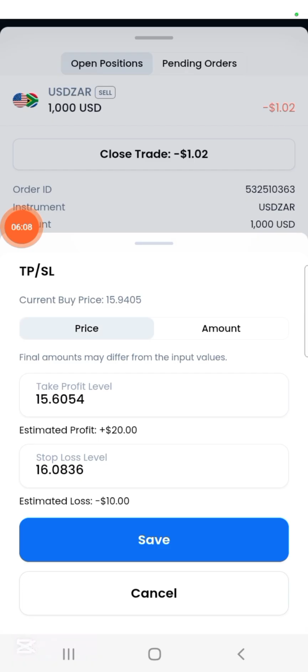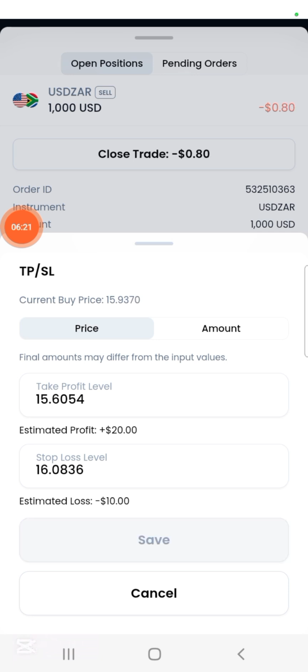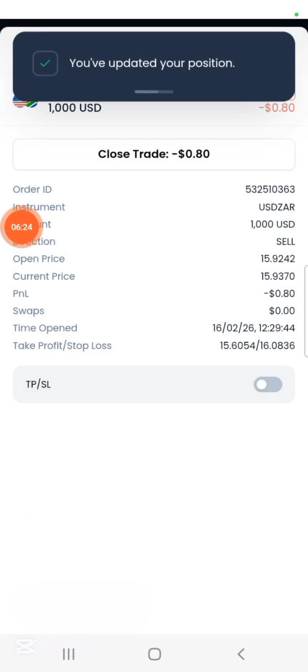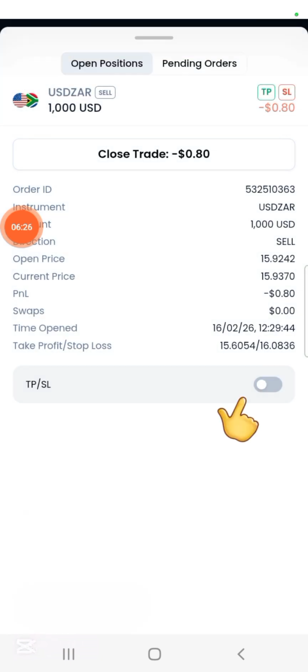Unlike here, you'd have to figure out at which price this will be at minus $10 or plus $20. So click save. So now the trade will automatically reach either take profits or stop loss. But if you want to close it manually, you can always press close trade here.